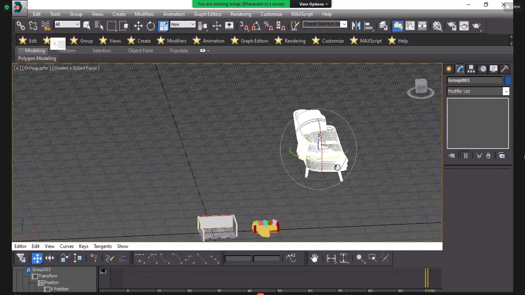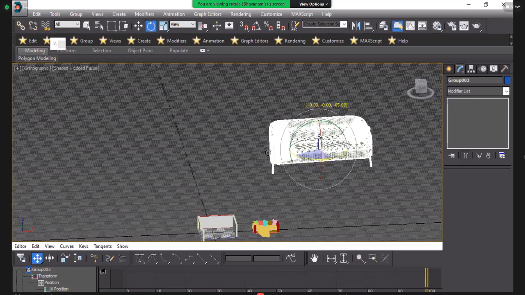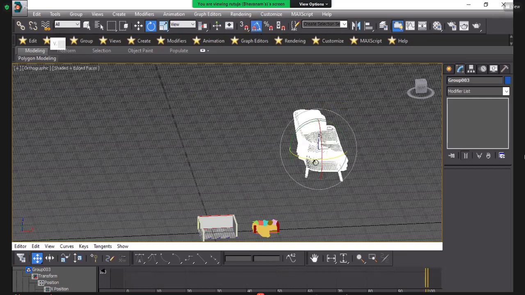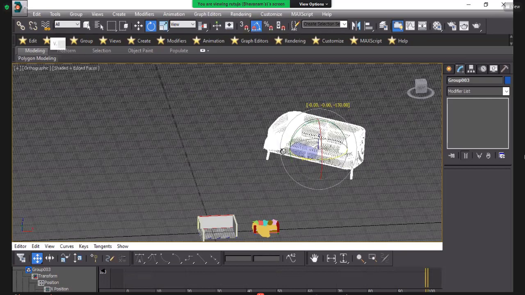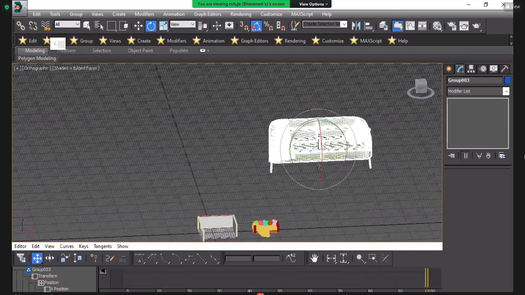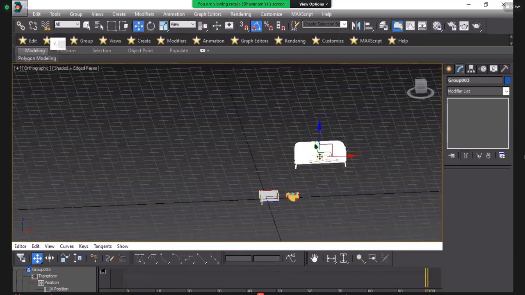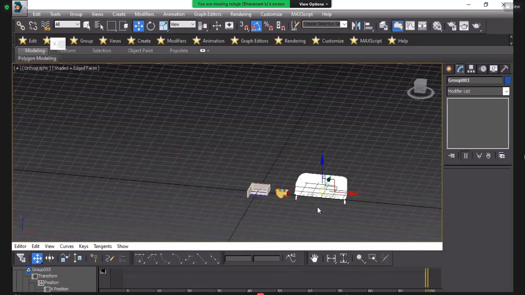For rotation, we will use W and rotate it with exactly 90 degrees. So on the toggle, W and place it.